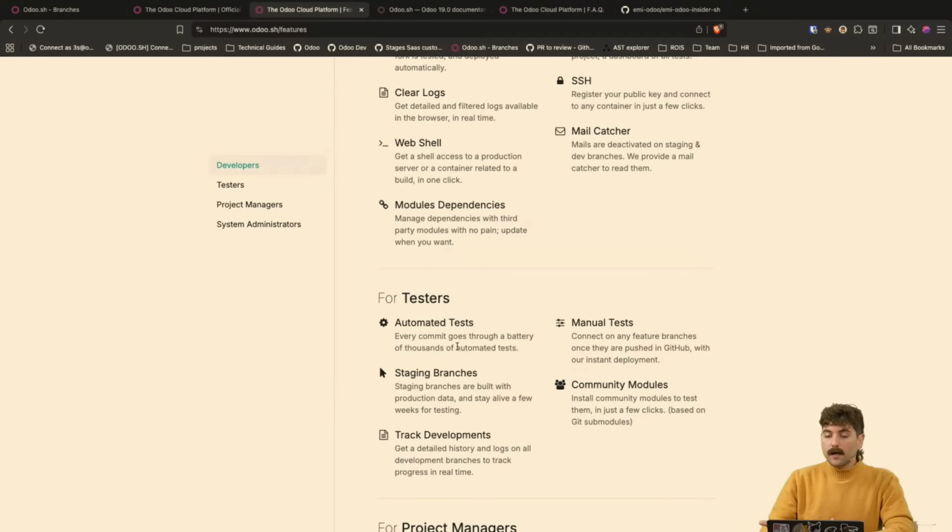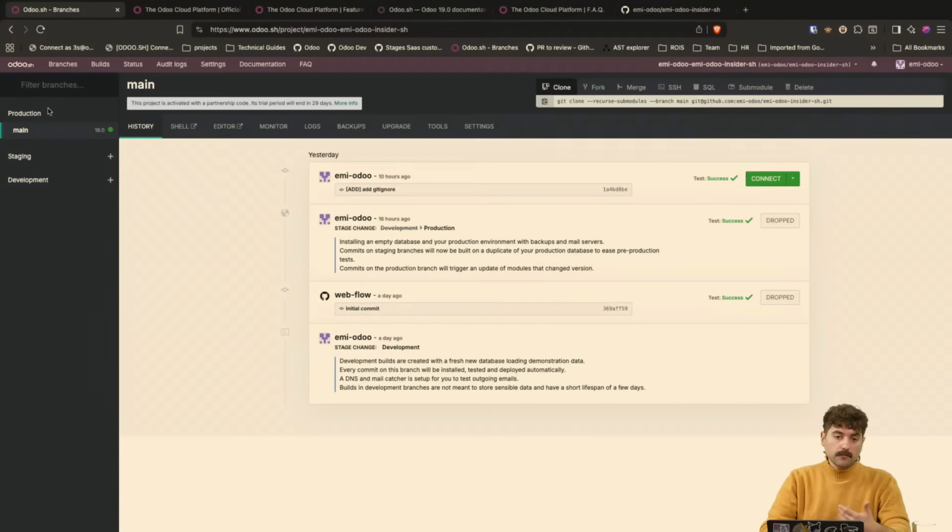As a tester, I can immediately block my testing if I see that a build is failing, or I can proceed with manual testing once the build is done, because Odoo SH has different levels of builds. Everything that you see here on the left is a branch on GitHub, and branches can be in different stages, phases, environments